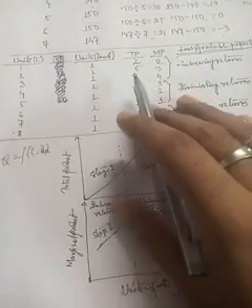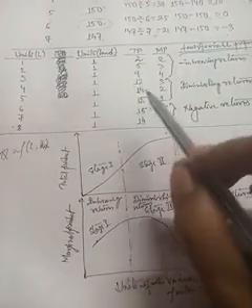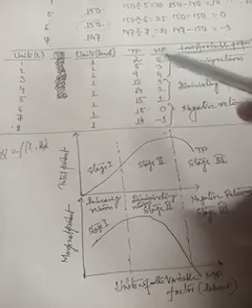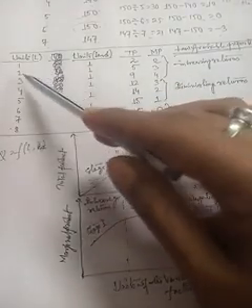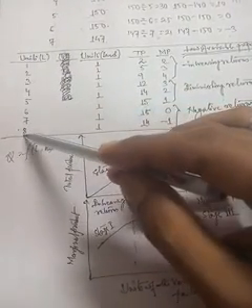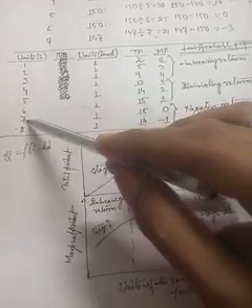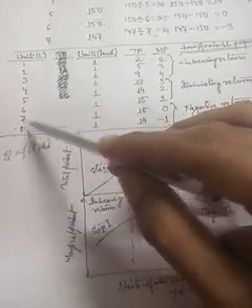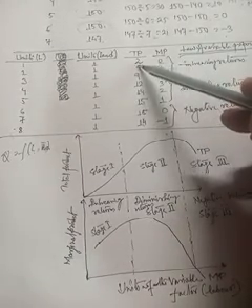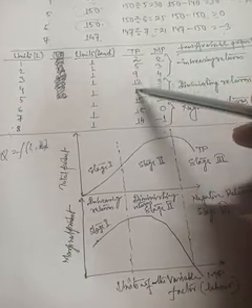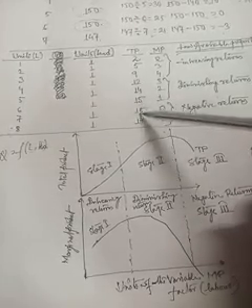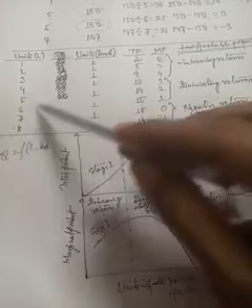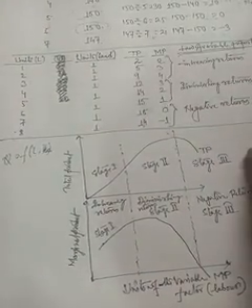So what is the law of variable proportion, which I discussed in my previous video? The law of variable proportion states that if one input is fixed and we change the variable input, that means if the variable input increases, then your total product first increases, then reaches a maximum, this 15 is the maximum, and then falls. This is called the law of variable proportions.